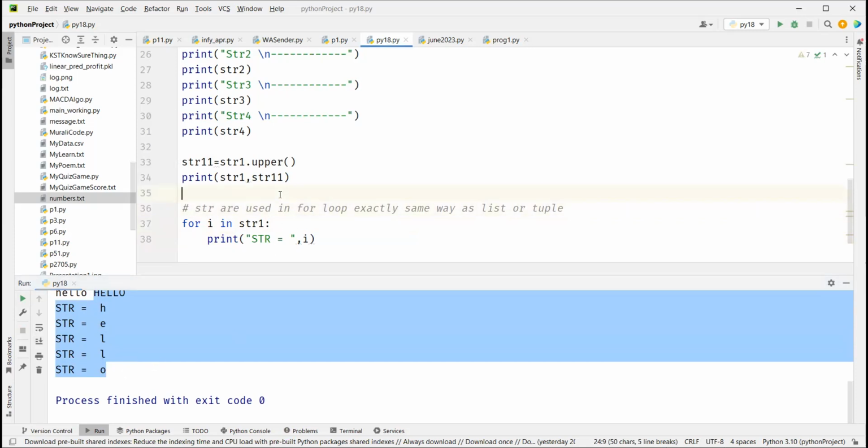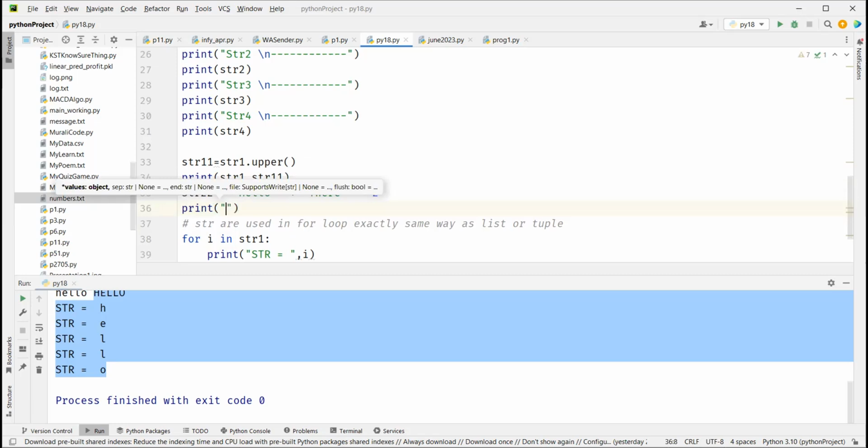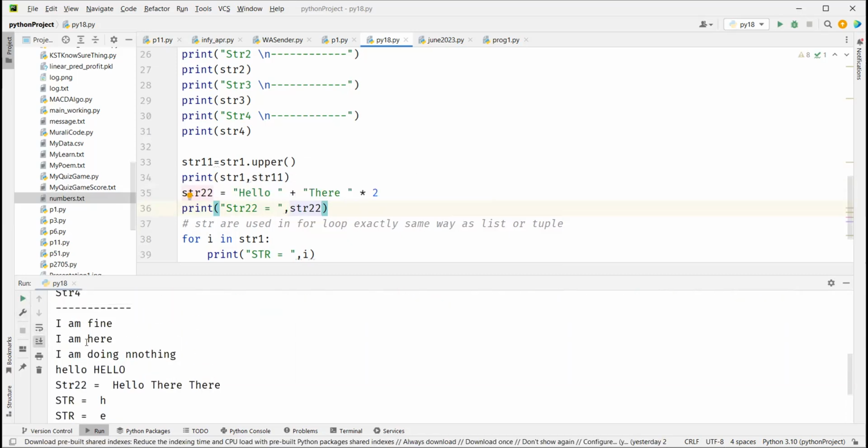You can add strings, we just saw a few minutes back, right? I can say str22 equal to hello, I can give a space plus there, plus into 2. Addition and multiplication we have seen in list. You can add two lists together, you can multiply a list with a number. Same thing you can perform in string. Here I'm saying hello plus there into 2. First the multiplication will be done, so there will be repeated twice and then added to hello. When you run it, you see the output. This is how strings can be added together. Two strings can be added together and a string can be multiplied with a numeric value. All right, we'll stop here and we'll see